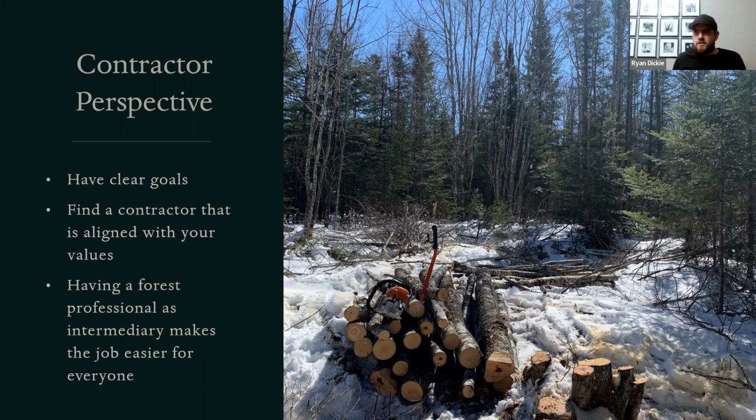As a contractor, it's always nice to go work for somebody that had a forester, because then the landowners have talked to the forester, gone over their goals, and identified exactly what they want to have done. Then when it's my turn to show up and start planning the work and implementing the plan, generally, I always want to have a relationship with the landowner, but if I have questions or when we first start talking about everything, if I'm talking with a forester,